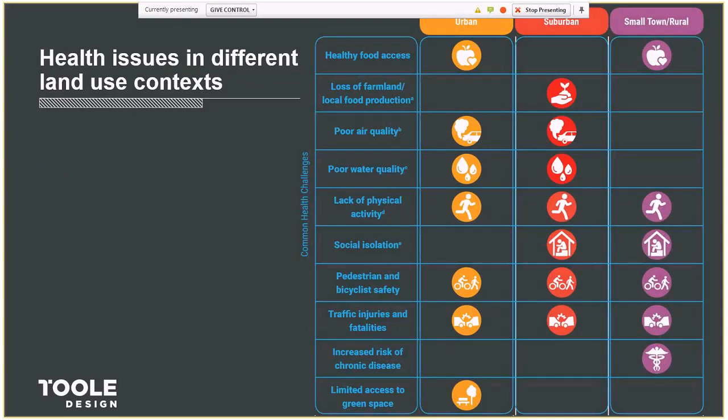These different contexts obviously bring up different health issues in different areas. There's some overlap in certain categories, but there are also health challenges that are unique to certain types of communities. Particularly at the urban edge or suburban edge, greenfield development encroaching on farmland reduces the supply of locally available fresh food. The lack of proper sewer infrastructure can lead to contamination, and poorly planned and unregulated development can compromise the natural ability of water systems to remove pollutants. And then low-density single-family housing and auto-dependent lifestyles and long distances to centers of social activity can lead to isolation and mental health challenges.